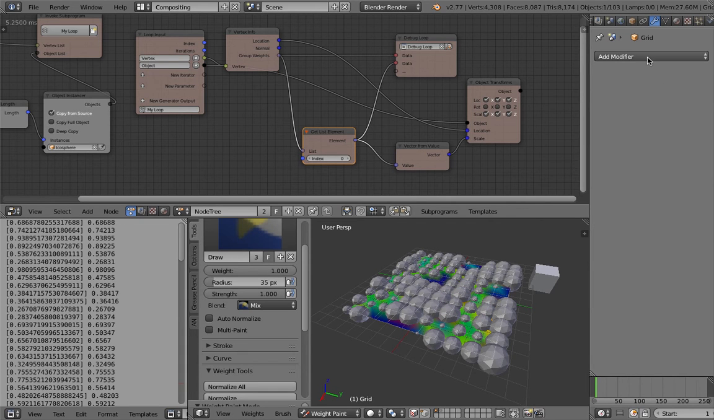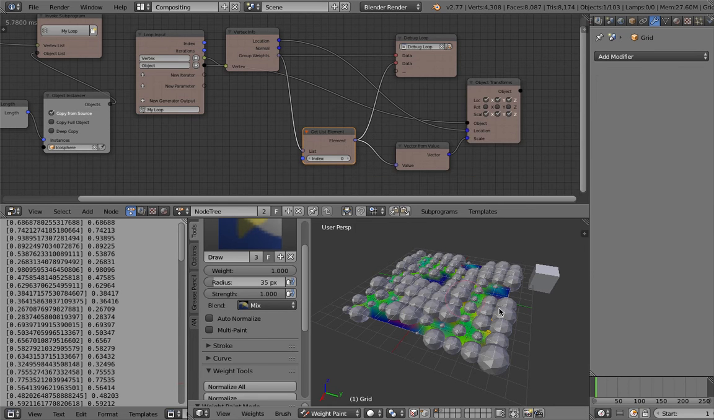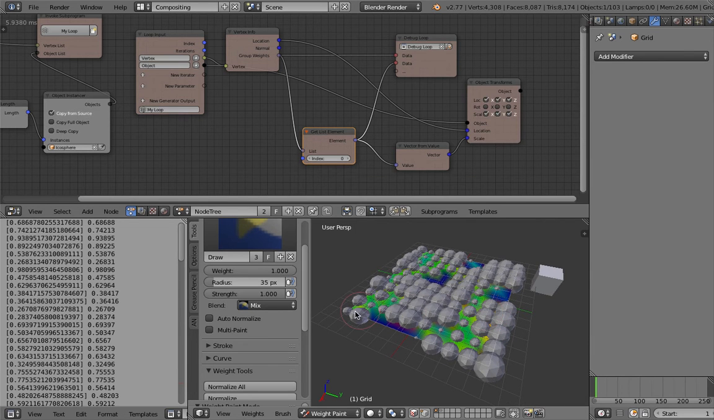And you can use a vertex weight editing, mixing with proximity, etc. And they're related to dynamic paint simulations right there. I might touch that in a bit. For now, let's try